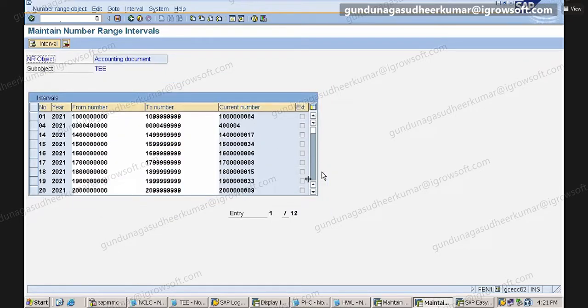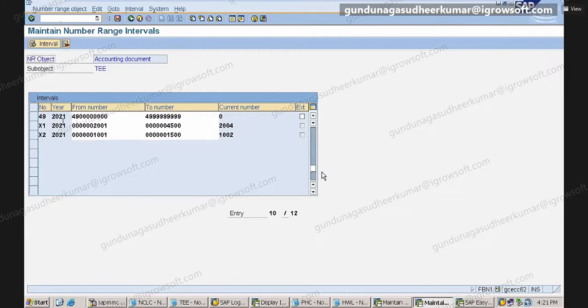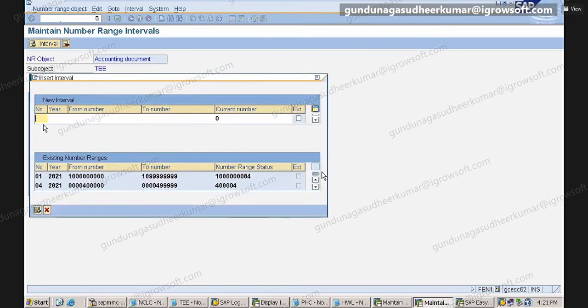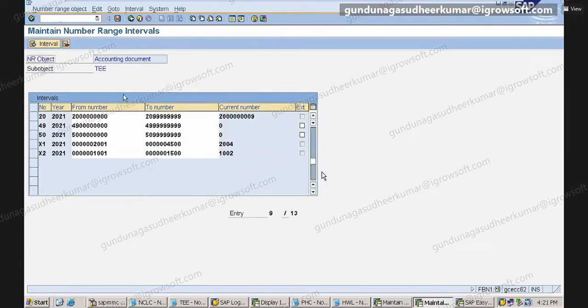Clear? Yeah. So the 49 series I have given. Insert interval, number what? 50. Year, which year? 2021. 50000 to 50999. Next insert here.